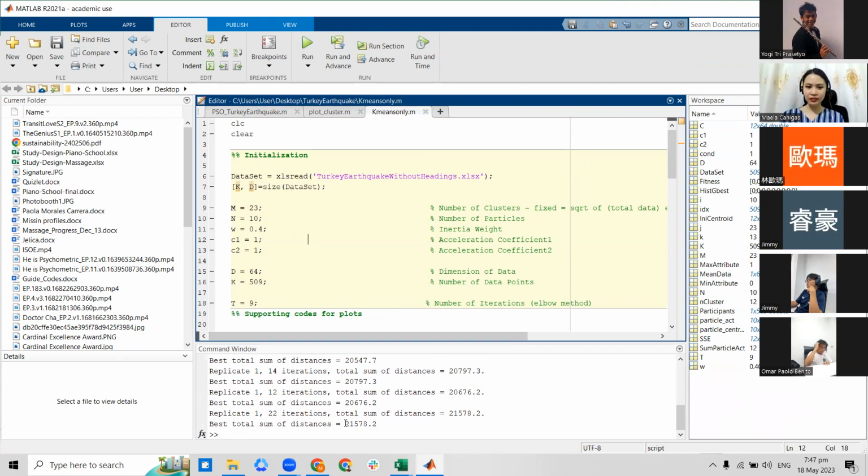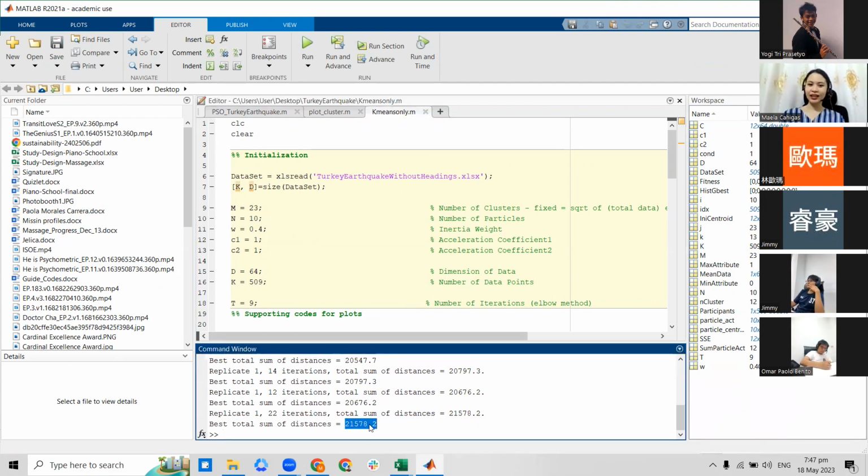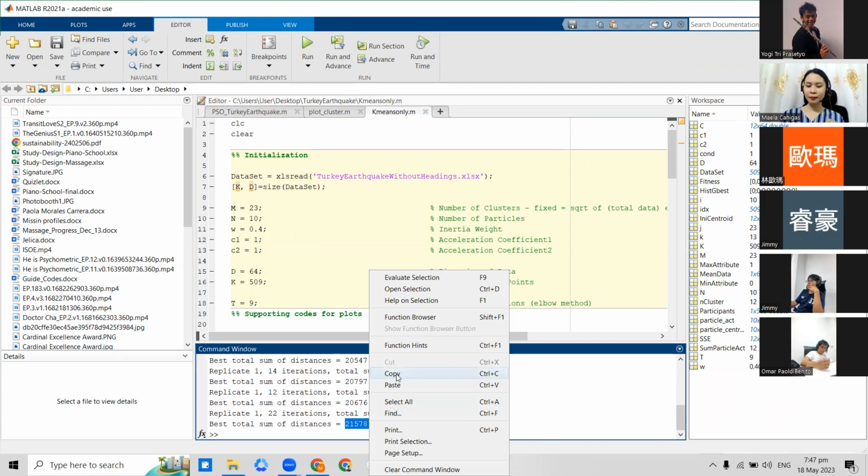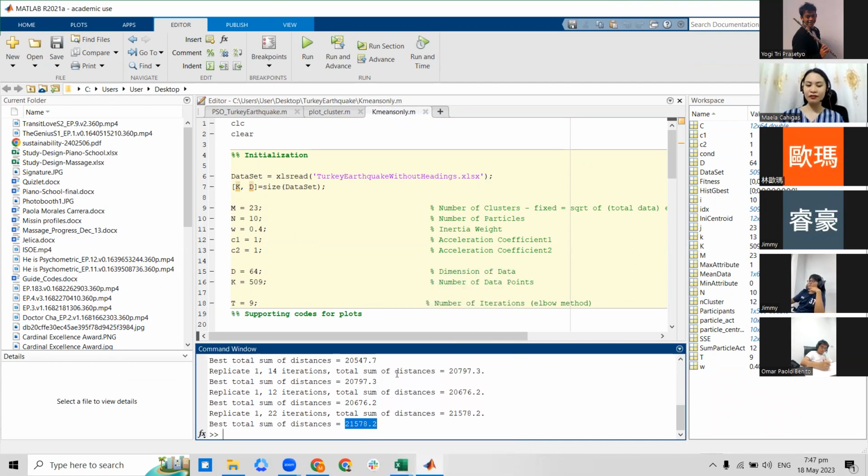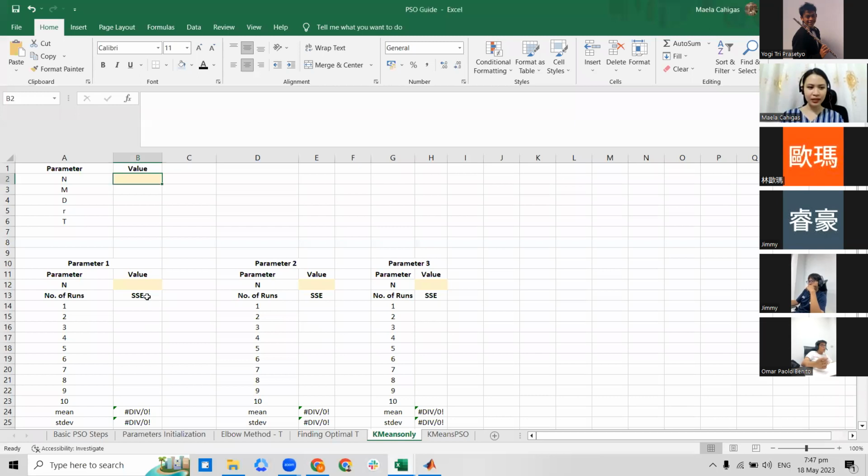Okay, so this is already your SSE. Again, in K-means, you only have SSE, not GBest Fitness, because GBest Fitness is only for an algorithm with PSO, while SSE is for K-means. But then again, they do have some similarities. All of them talk about the error of the model. So you have to copy this one, and then you have to copy your SSE and paste it into this